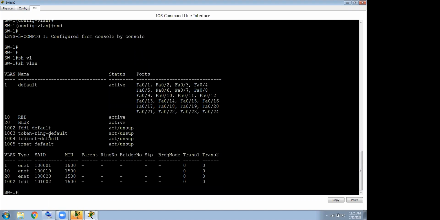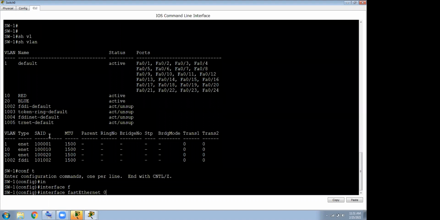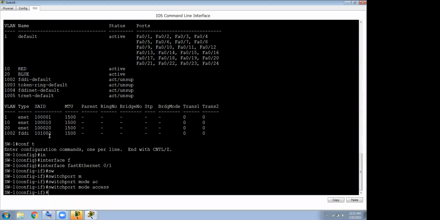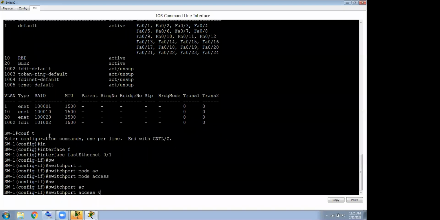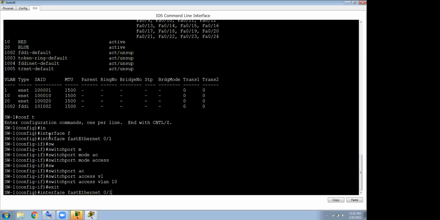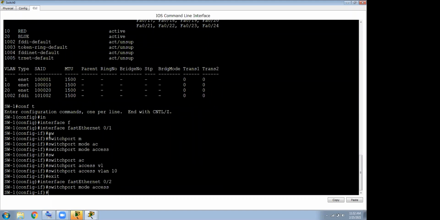So I want the first machine to be assigned in the red VLAN: interface FastEthernet 0/1, switchport mode access and switchport access vlan 10. And similarly for another port, I can use the arrow key and use the same command again with VLAN 20.